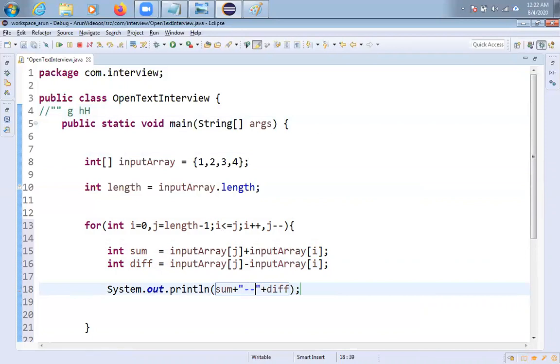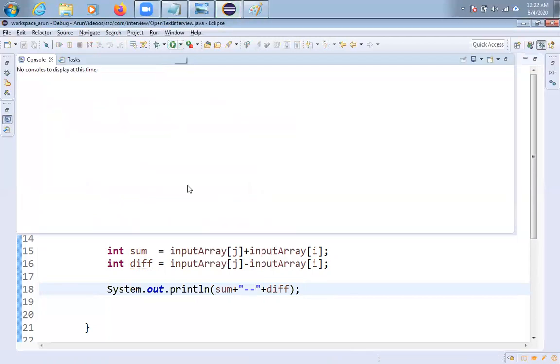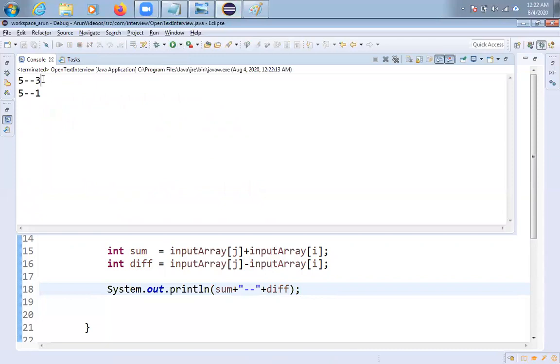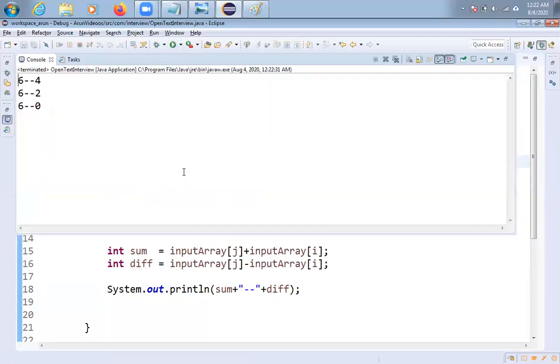Yeah, that's it, friends. Let me execute this program. Yeah, 5 3 and 5 1. If you see here, suppose it is having not even numbers, if it is having odd numbers, then what will happen? Say 6 0 you are getting.